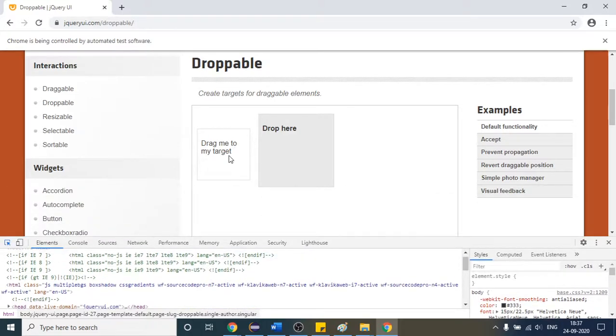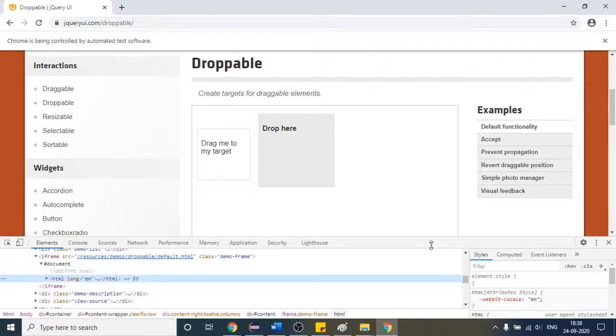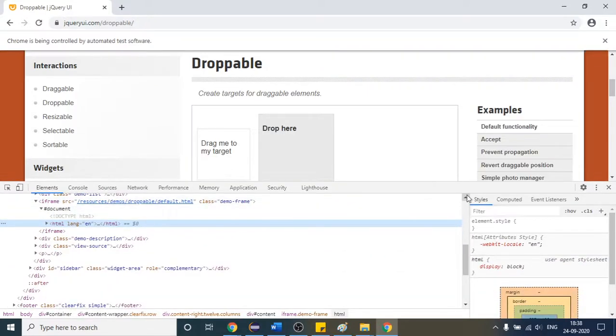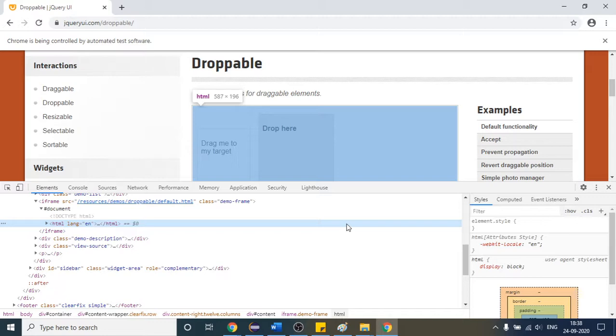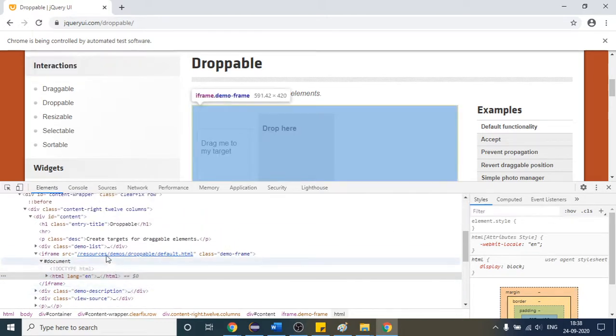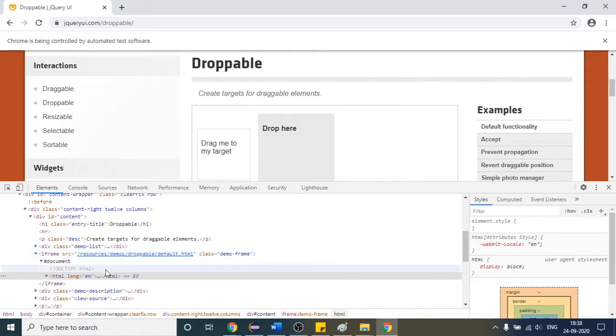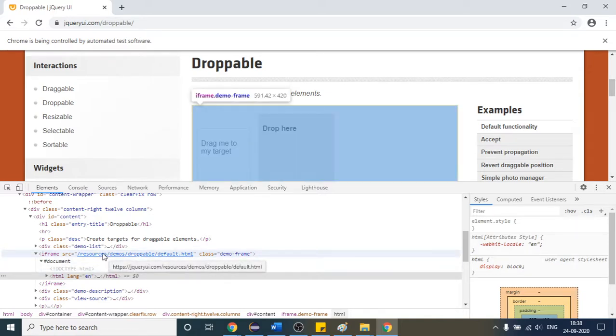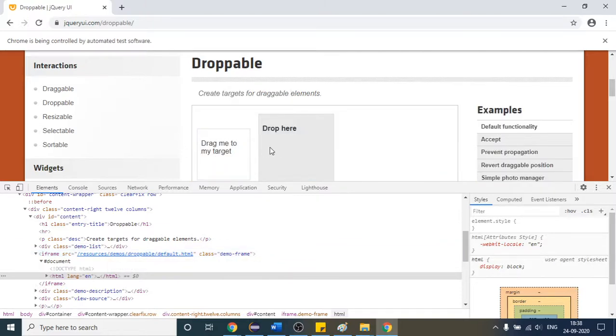what will happen? Let me come here first. Okay, let me open that. So here, suppose we are here, HTML, and if I come a little bit up, you can see this. I think you are able to see that both of these two boxes, the first one and second one, are present inside this, and it is an iframe, right? So what is this iframe?